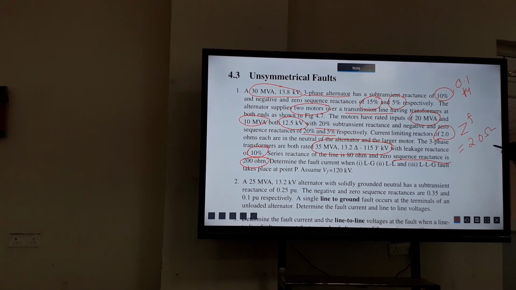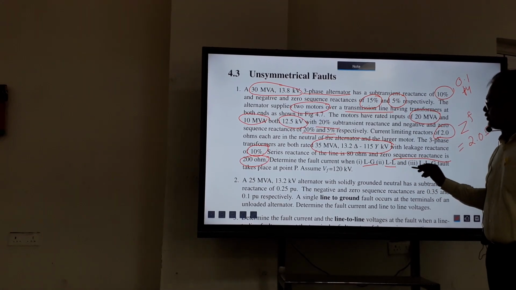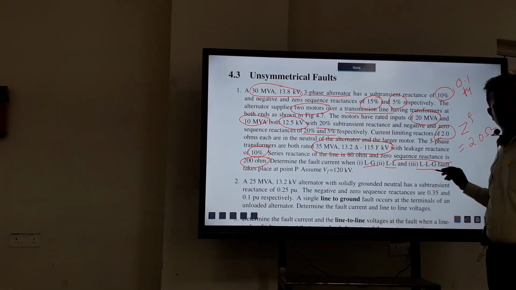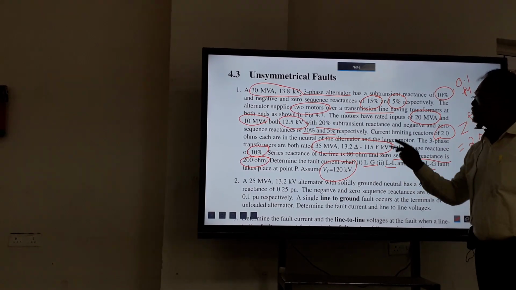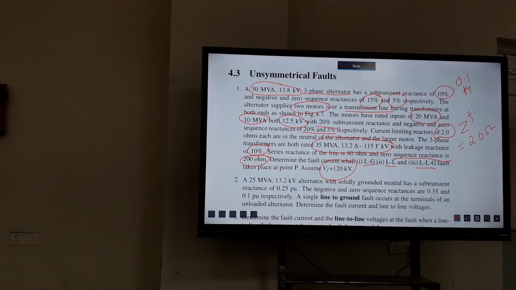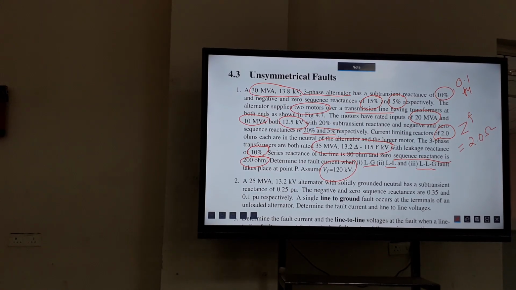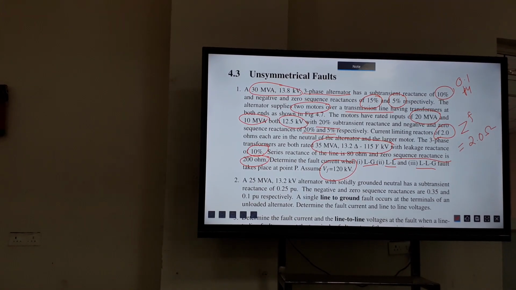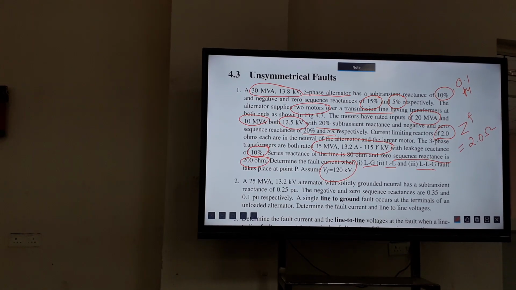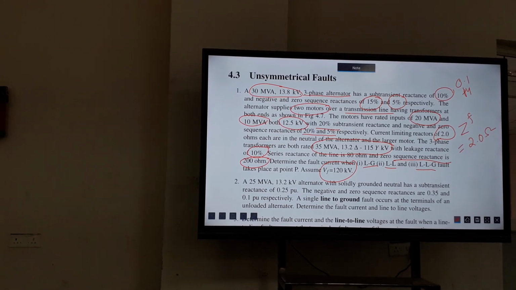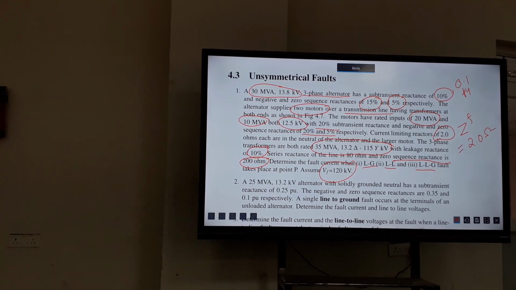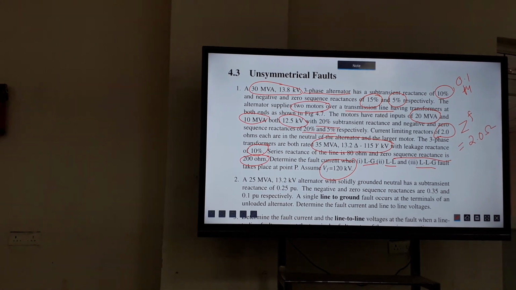For this problem, compute line to ground, line to line, and double line to ground fault currents. Assume the pre-fault voltage to be 120 kV, which is higher than the 13.8 kV. We'll see in the problem how much it is taken. 120 kV is very high. I think it is on the transmission line side. Yes, this 120 kV is on the transmission line side because you see